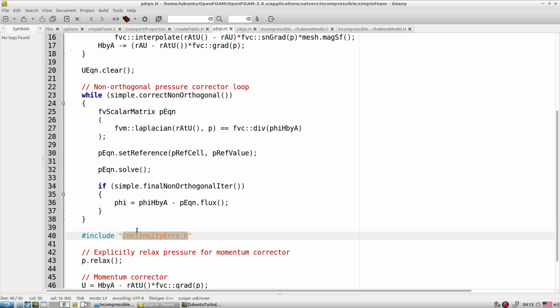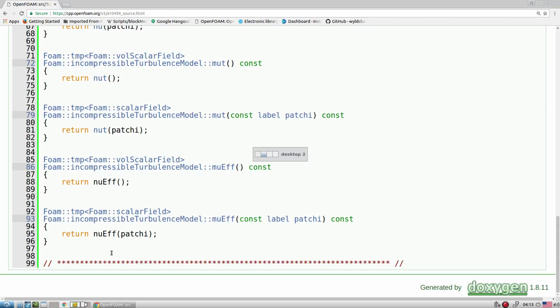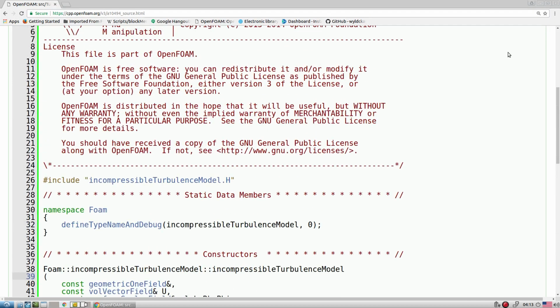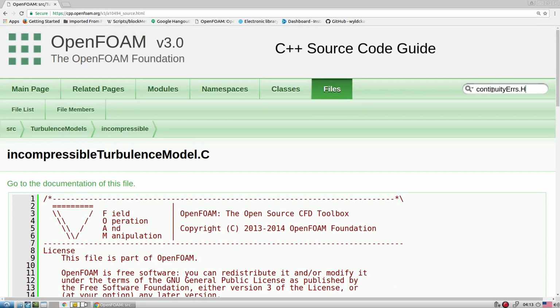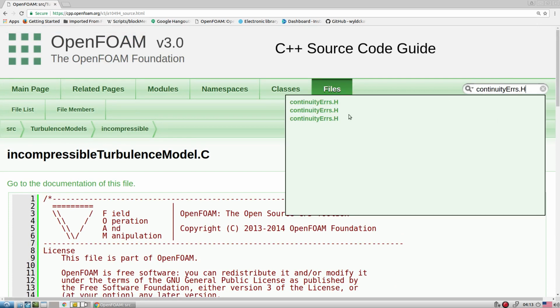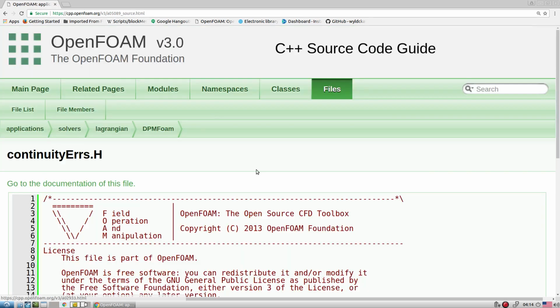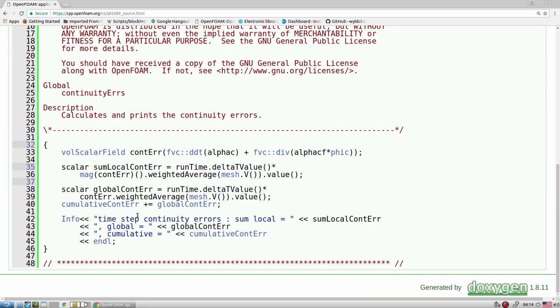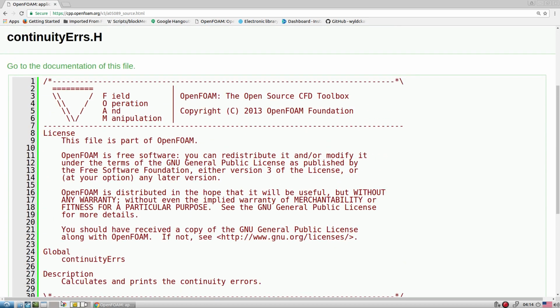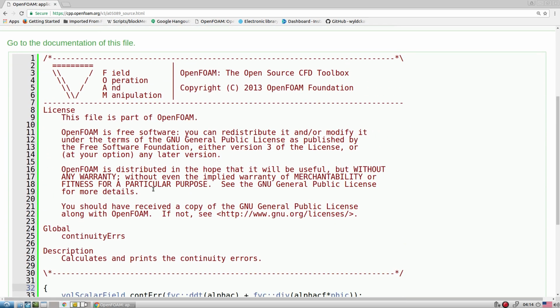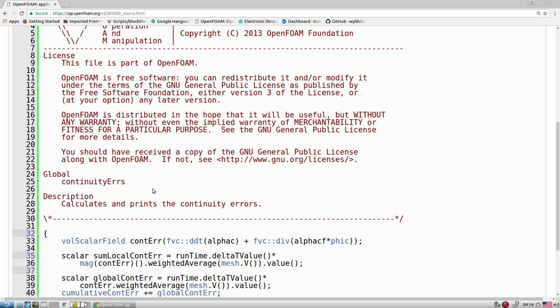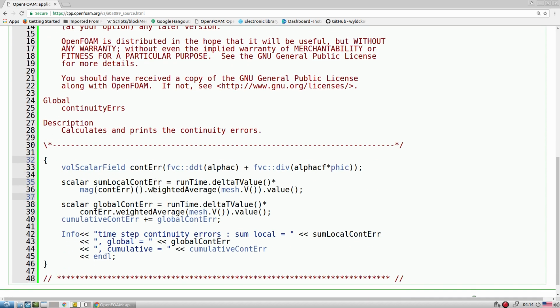Let me again see if I am able to locate that particular file. I want to show you that global error and all this. Yeah, it is here. If you remember, when we were looking at the pyFoam utility, along with the residual we were getting another graph. It is about the global and cumulative error.